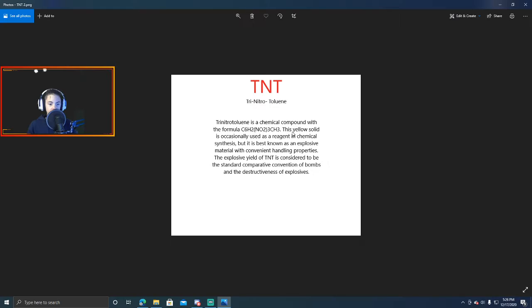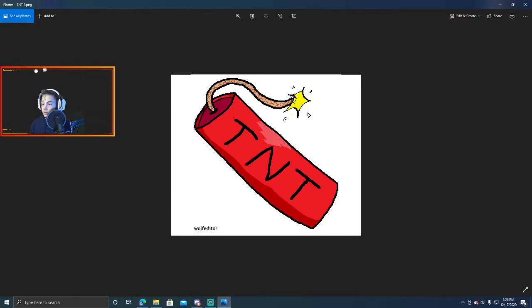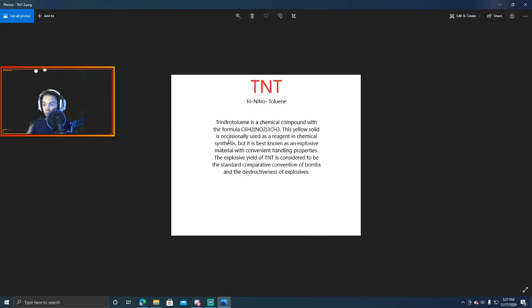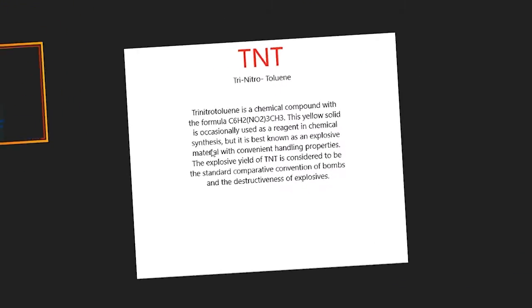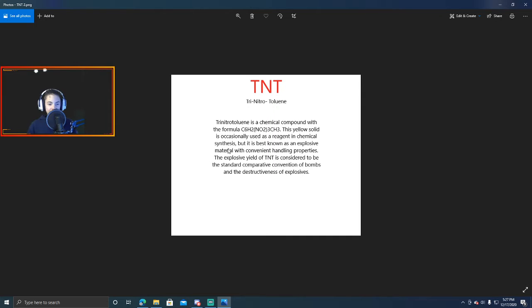And then, so this yellow solid, because TNT is actually yellow, it's just familiarized in cartoons as red, because normally they put a red paper on the outside of it to hold it all in. So it is occasionally used as a reagent in chemical synthesis. With convenient handling properties, the explosive yield of TNT is considered to be the standard comparative convention of bombs